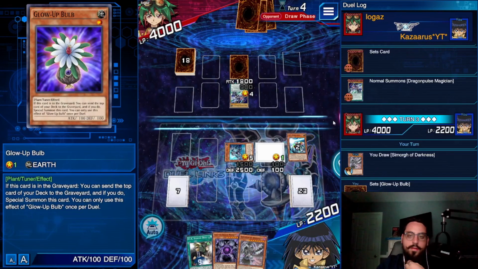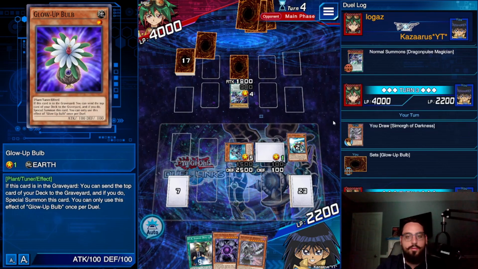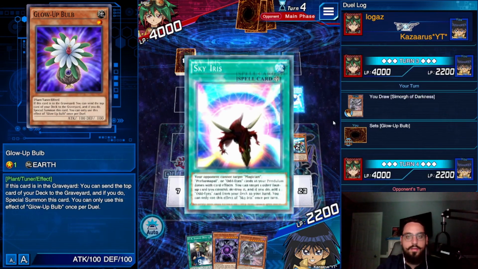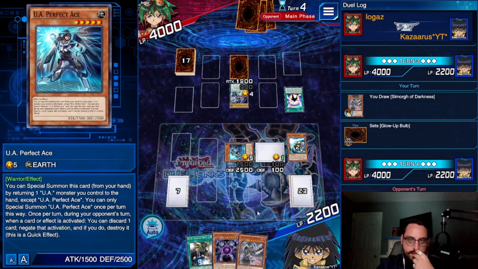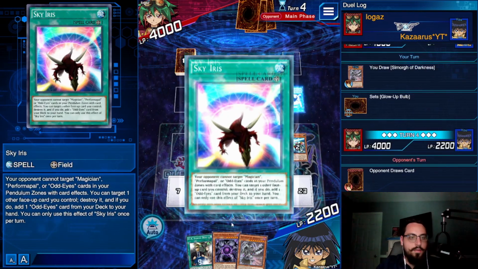Yeah. I was thinking I could just tribute summon for Caius, banish Dragon Pulse, special summon some Orc of Darkness. Try and attack for game, but I don't know, that just seems too risky. There's Sky Iris. It's fine. Yeah, I don't care about Sky Iris. I can't target him, but I can still...